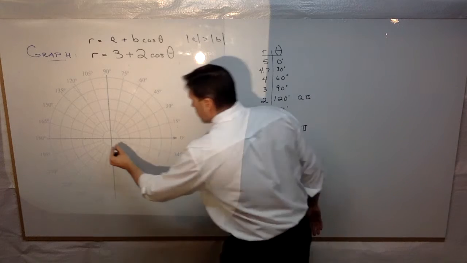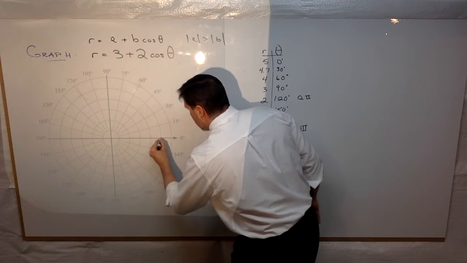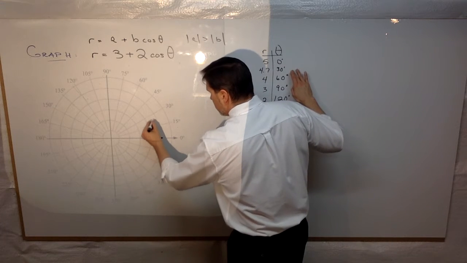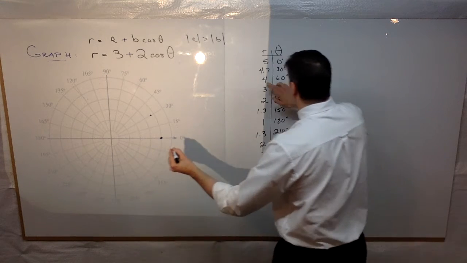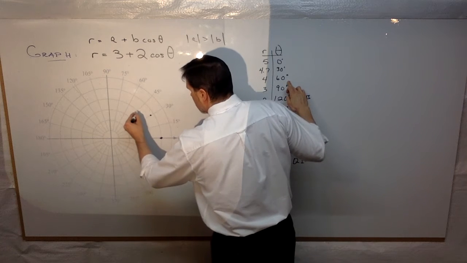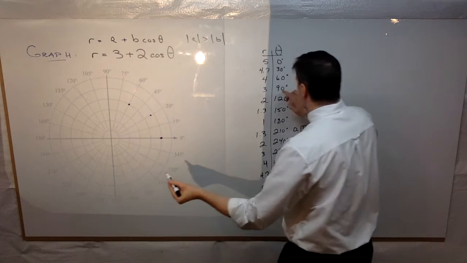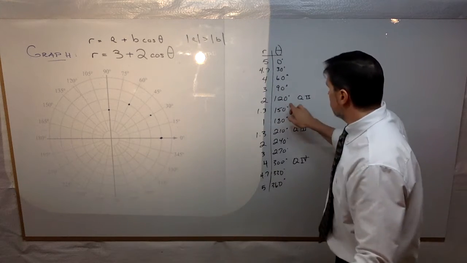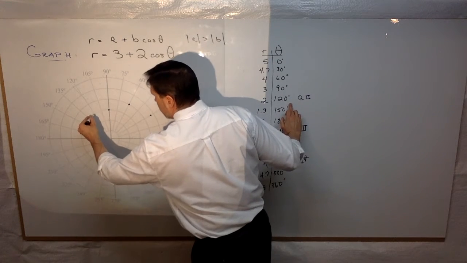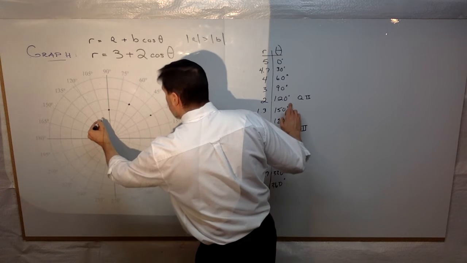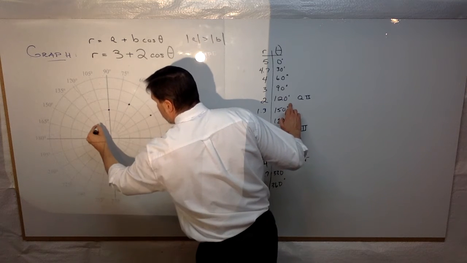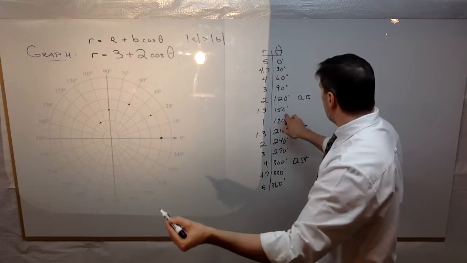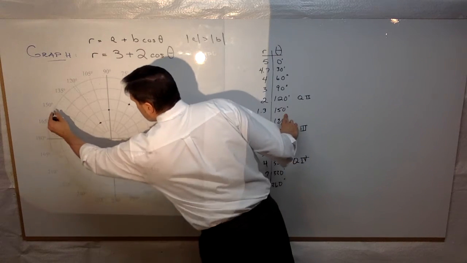So 5, 0. So 1, 2, 3, 4, 5, 0. 4.7, 30. 4.7, 30. 4, 60 would be there. 3, 90 would be here. 2, 120. Again, since everything's positive, my r and my theta are both positive. I'm just using these markers out here. But I can't talk and plot at the same time. 2, 120, 1.3, 150. Let's find